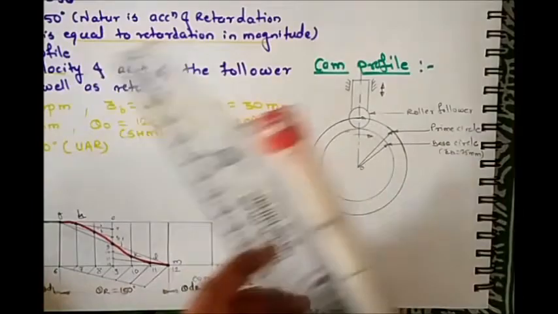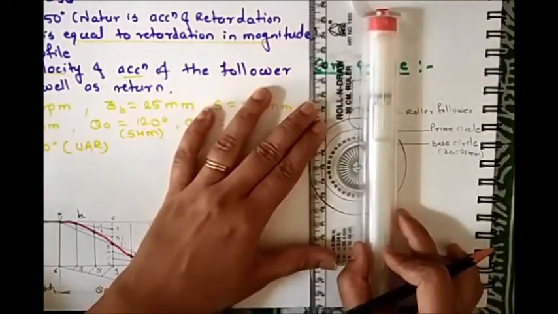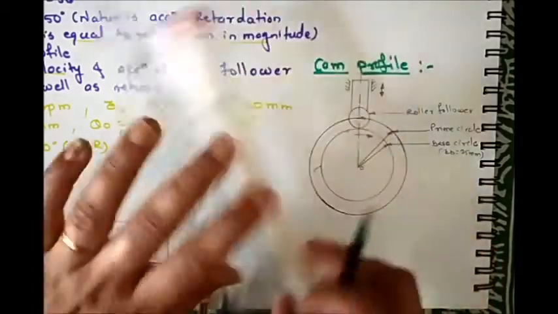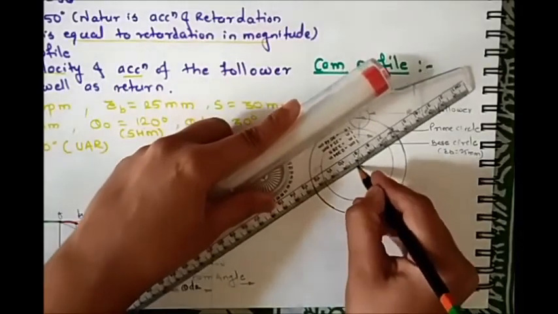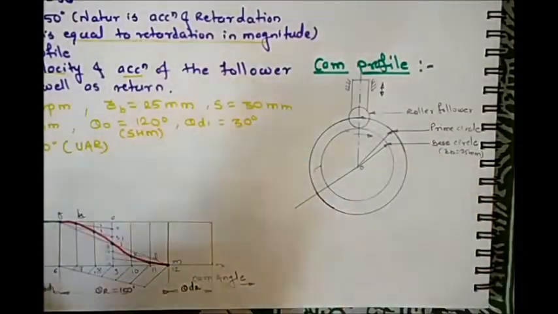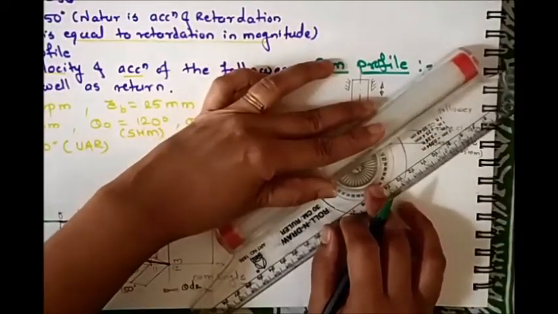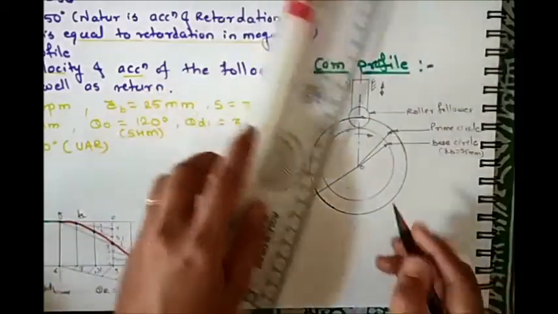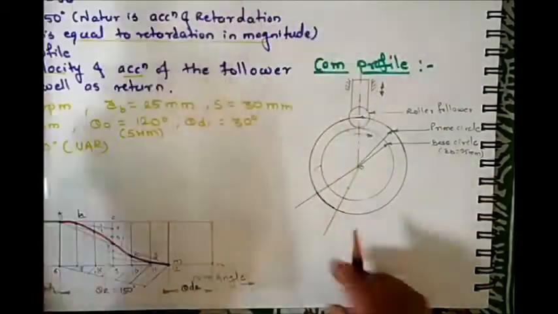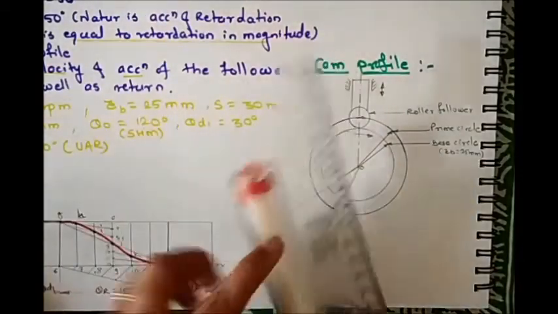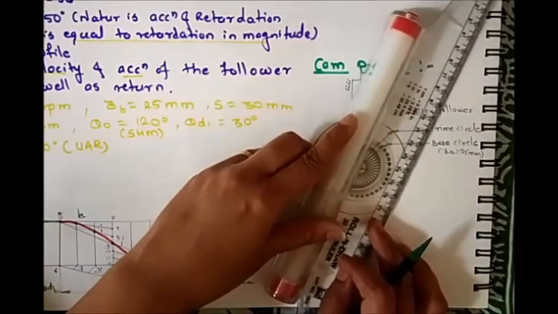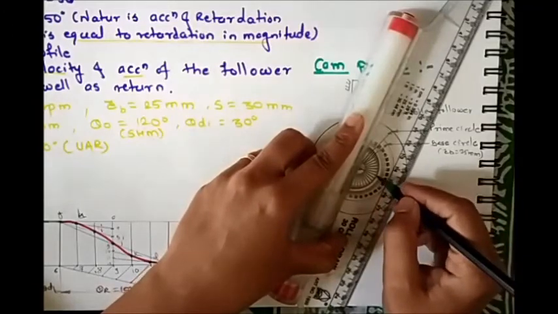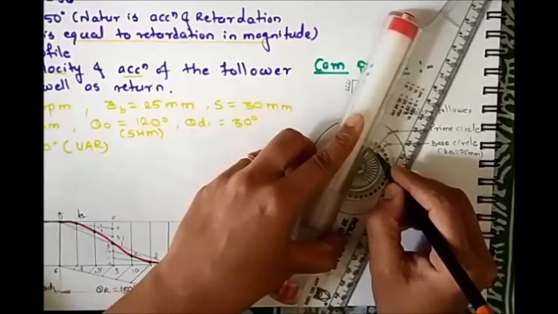So for that, take the first rotation angle of the cam, that is 120 degree, that is the outstroke angle of the cam. So mark that angle and draw a line from the center. Then take the next rotation angle of the cam, that is 30 degree, that is the dwell angle of the cam. So here we have the dwell angle. Again mark the line from the center. Then from that dwell take the third rotational angle of the cam, that is 150 degree. So from this 90, here we have the 150 degree.